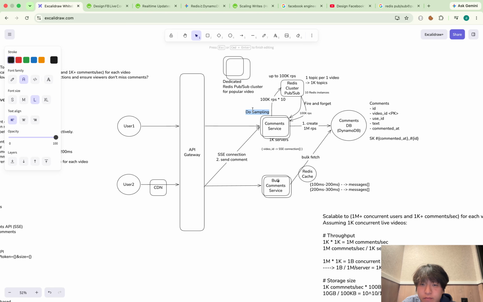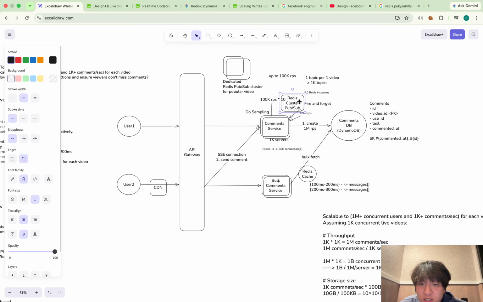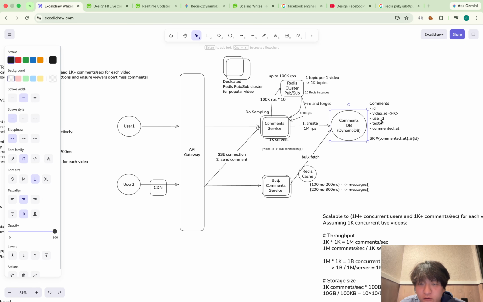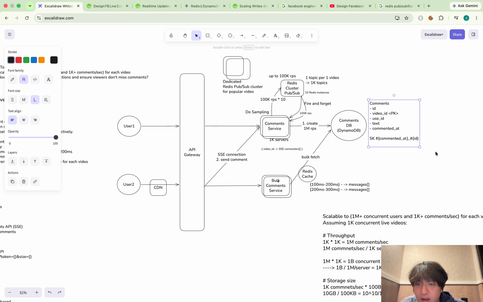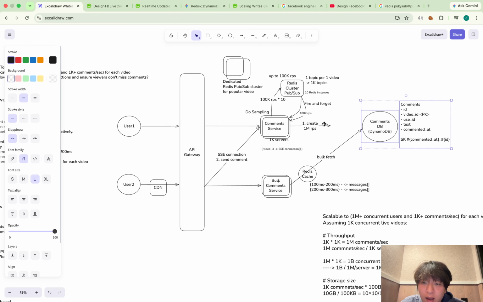Of course, we have to store the messages to the DynamoDB. But we don't have to store this DynamoDB data immediately. For real-time propagation, this must be really quick. But this data storing is used for bulk fetch, I mean later, not the real-time messages.